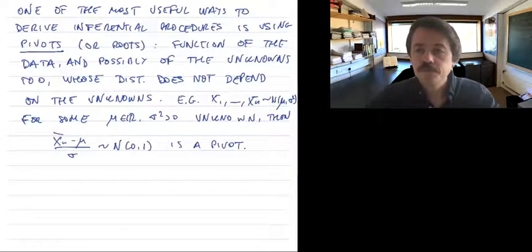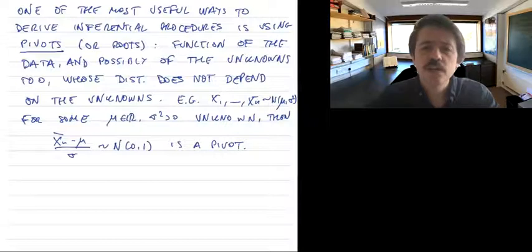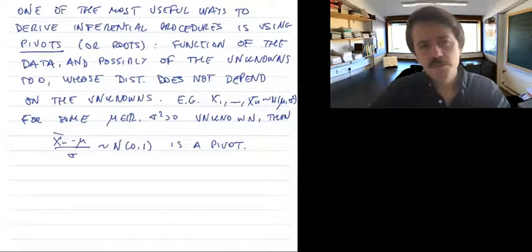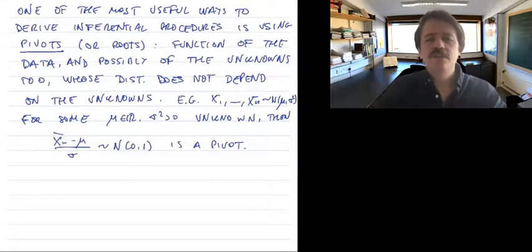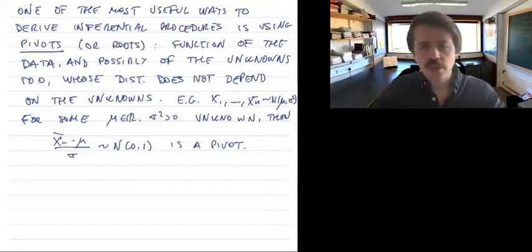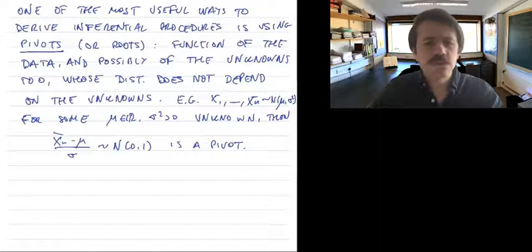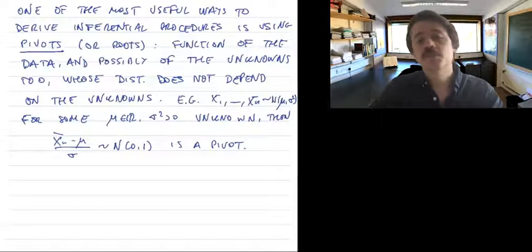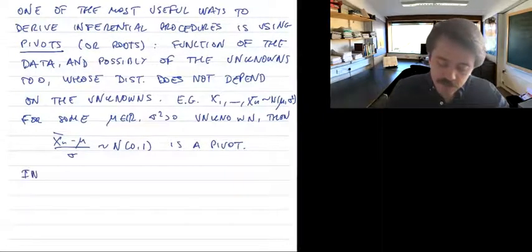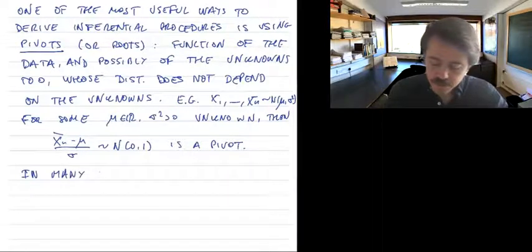So I guess the other thing to say is that pivots are maybe a bit too ambitious to have, with exactly known distributions and therefore knowing whether they depend on the unknowns or not. But what we have from the asymptotic normality of the MLE, for instance, is that some quantities can be asymptotically pivots. So let's state that, in many occasions,